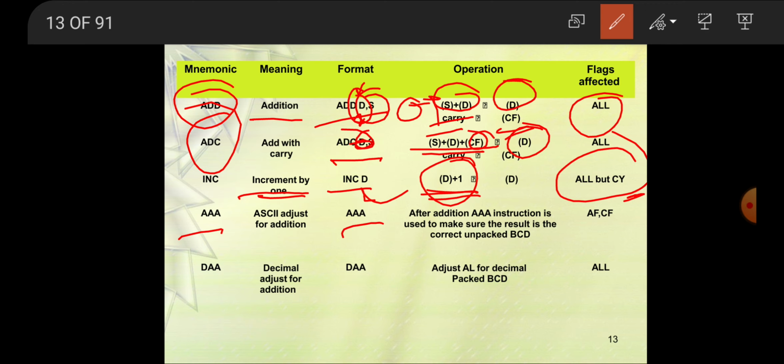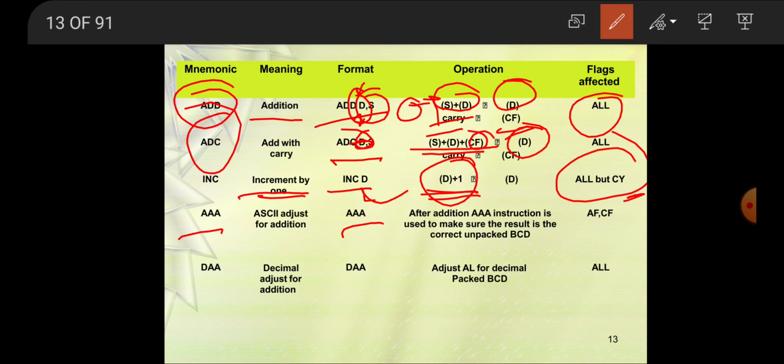Now the third example: ASCII code for 0 to 9 is 30 to 39h. So ADD CL, DL gives the addition. CL is equal to 32, ASCII for 2, and DL is 35, ASCII for 5. The result is 37.